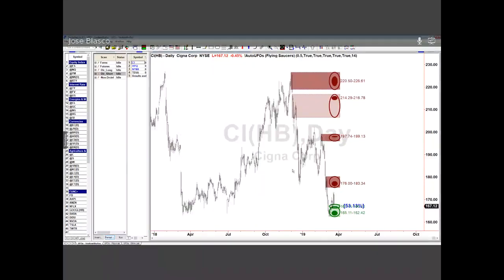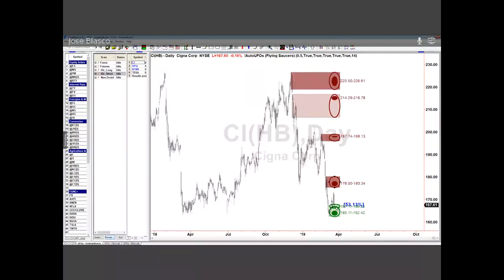Okay, so in the end, the price of the stock is in the green UFO, which is bad news from the point of view of getting closer to the red UFO and therefore closer to entering the trade. But it's good news from the point of view that this price trading deeper inside the green UFO is